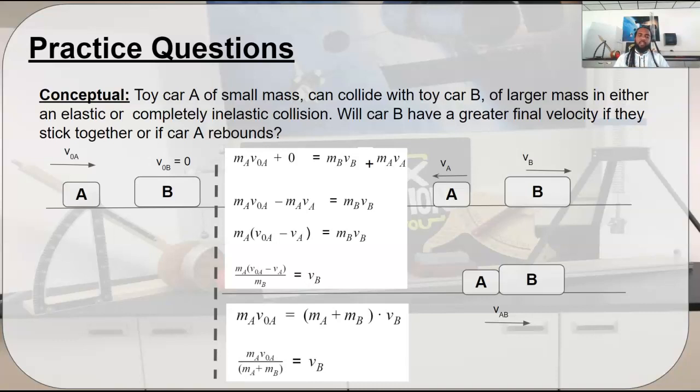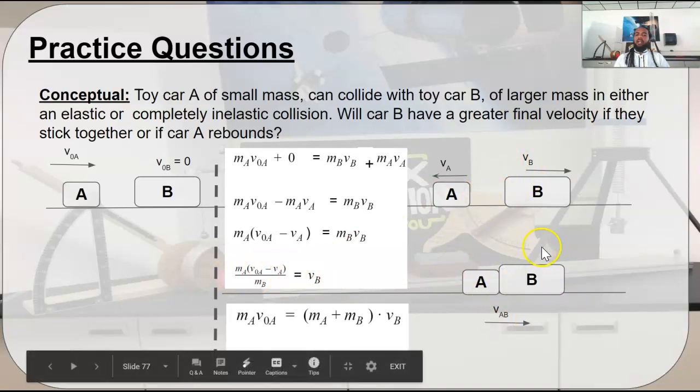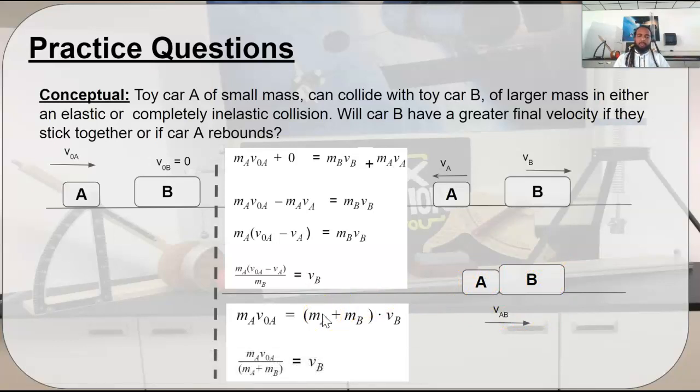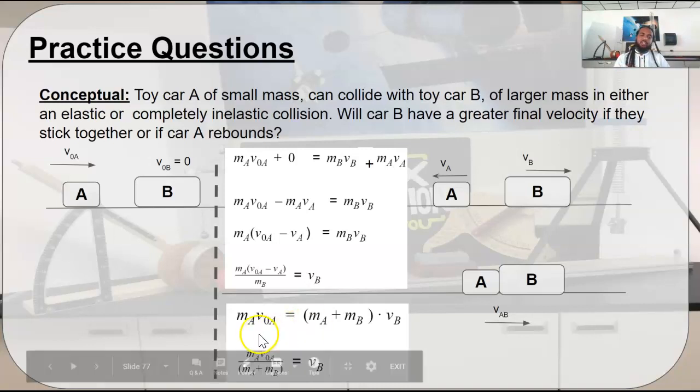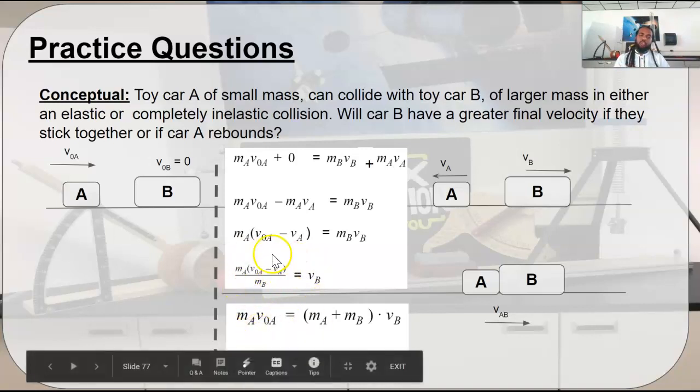Now, moving that around, in one step, we get an expression for VB. So we are comparing VB, the velocity of B after the collision, for an elastic collision, which is represented by this formula here, to an inelastic collision, represented by this formula here. Which one is going to be bigger? Well, keeping in mind that VA is in the negative, VA being the final velocity of A, then this top expression here works out to a larger value of V